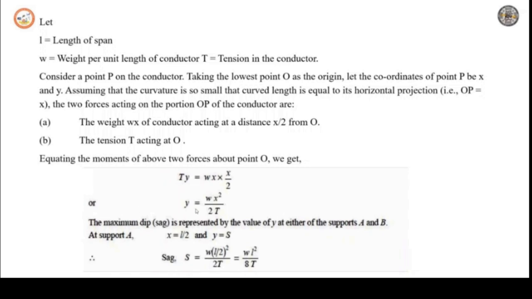Here, applying the limit at the support, x is equal to L by 2, y is equal to S, the sag. We get S equals WL square by 8T. This is the required sag when supports are at equal levels. This completes